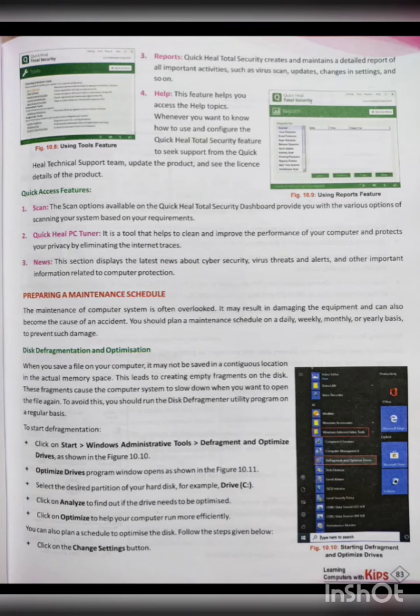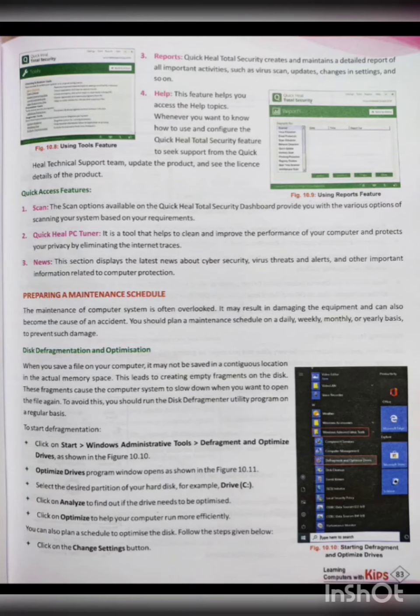Next, the quick access feature. What does the Quick Heal Total Security quick access feature provide? It provides three options: scan, Quick Heal PC Tuner and news. Using the scan option, we can scan various files or folders or the whole system as per our requirement. Okay. Next, what is Quick Heal PC Tuner?